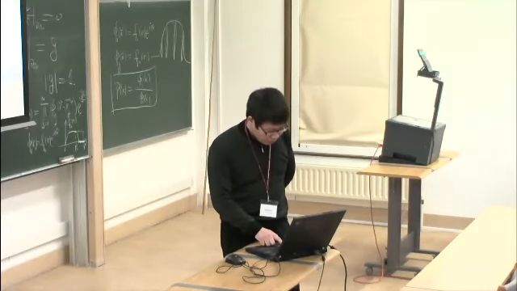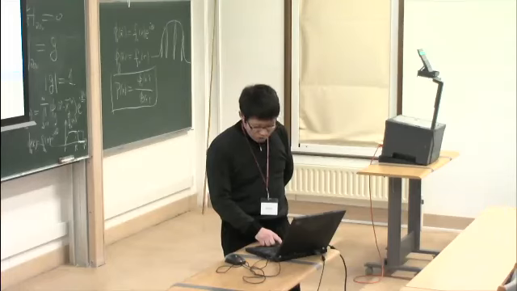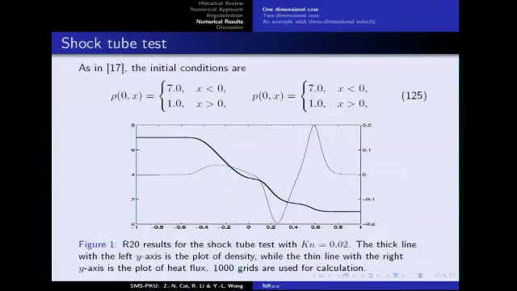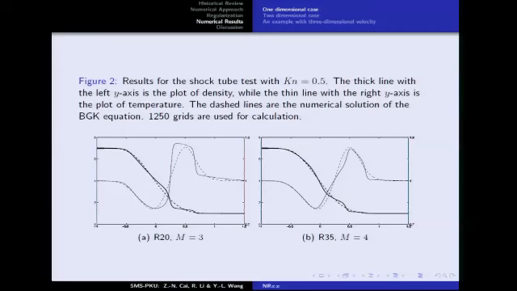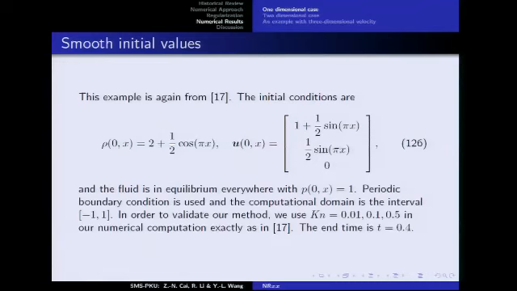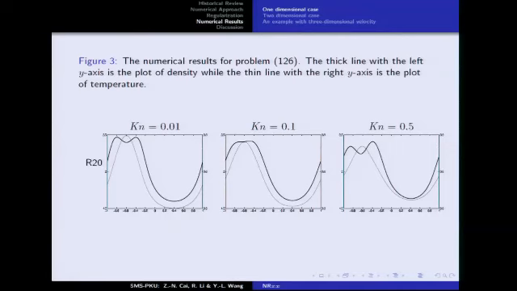Yeah, so the last numerical result is the shock tube test. This is only interesting for the referee, since it tries to show this method is correct, and it can produce correct solutions to compare with the known results in the reference. This one is for the Knudsen number equal to 0.01. This comes from the reference, using the R13 system, and it can get